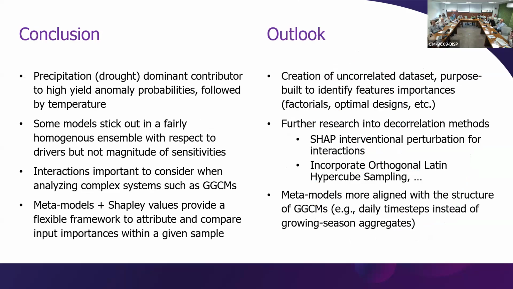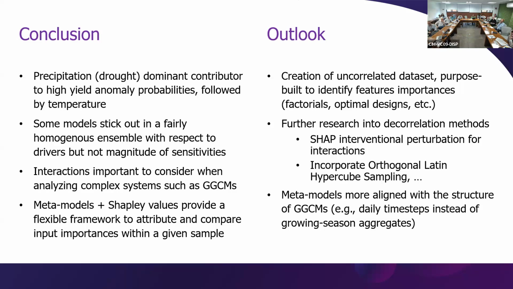Okay, so in conclusion, we found precipitation, specifically drought, is the dominating contributor to yield anomalies, followed by temperature features. We have this outlier with sigma that shows us another sign of the feature value that is more excess water sensitive. We also saw the importance of interactions in our analysis, and we think this would be a kind of generic framework to investigate the effects of any set of crop models on any set of data, because it's very flexible in that way. And the outlook is basically all of them are related to avoiding correlations in the data,